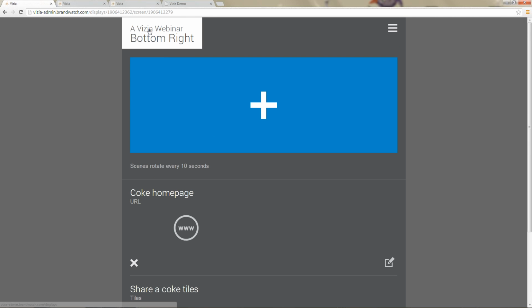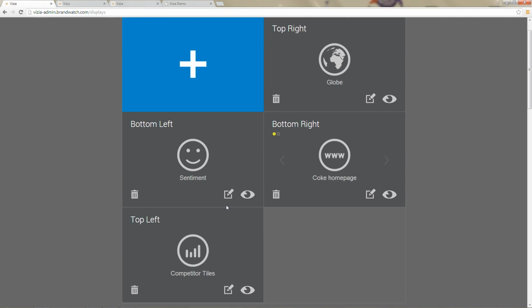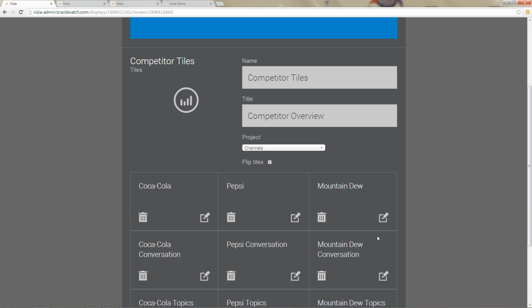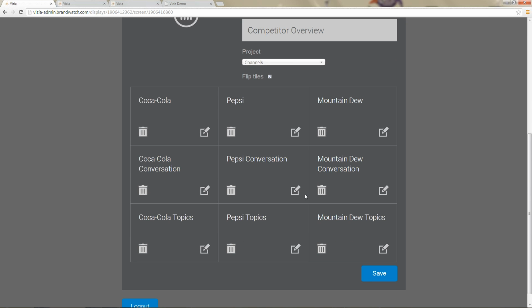And if I go back here, I'm just going to show you that tile scene I kept talking about and saying how expansive it was. So this is the competitor tiles I talked about. There are 3 columns, and you can see here in this admin section each of the tiles I created. And if I were to edit one of them,